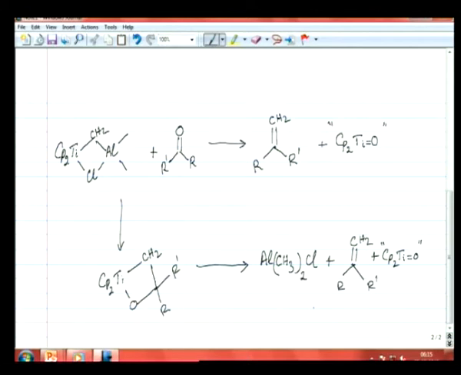and you can have the formation of a very stable olefin, and you can see that you have exchanged now, you use this methylene group, which I have pictured here, and we have taken that and transferred it to this position on the ketone, and you have transferred the oxygen from the carbon to the titanium. So, this turns out to be a useful way of carrying out olefination or methylene transfer reaction, and this has